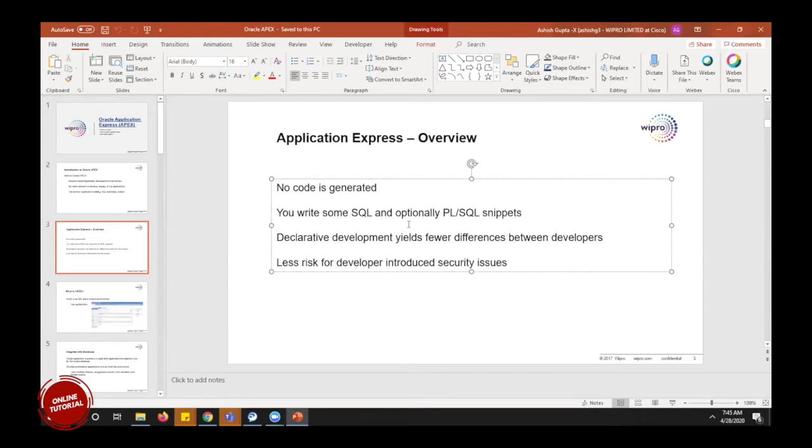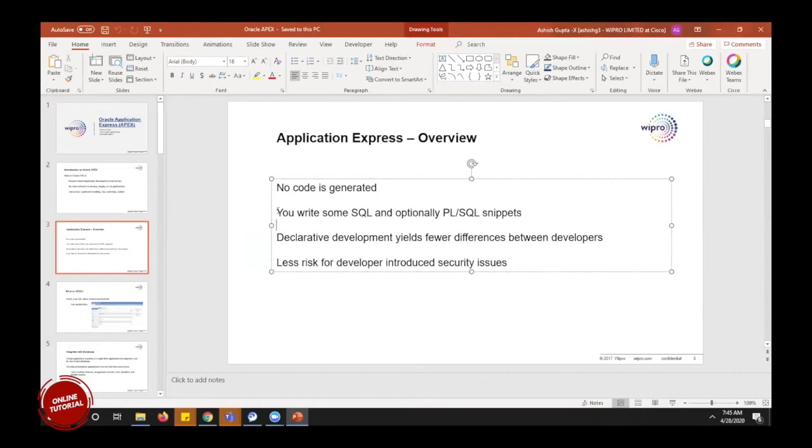In this application, nothing such is done. It is just the code that we write in the browser, and we run the application or the particular page directly, and then we can see the changes in our web browser.